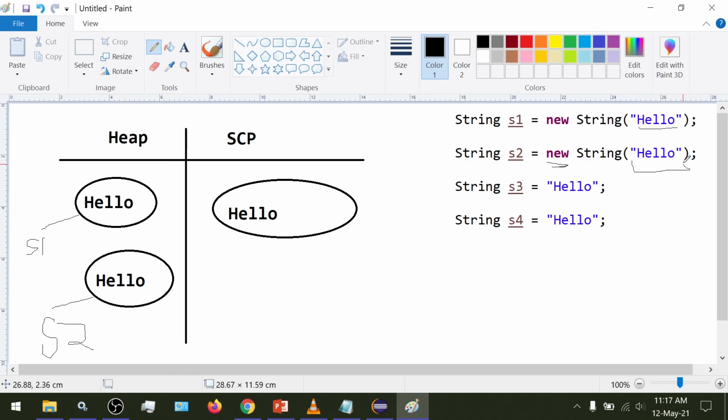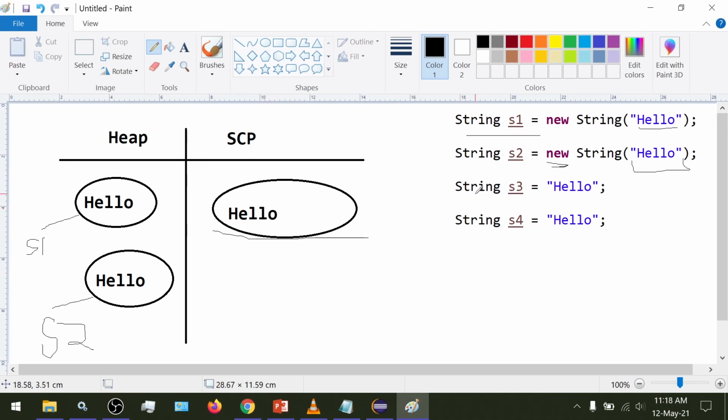And as per the second thumb rule, for every string literal an object would be created inside the SCP. So since this value is a literal, the JVM would go to create an object inside the SCP. But before creating any object inside the SCP, the JVM always checks whether existing objects with the same data exist. If there is any object with the same data, then a new object won't be created. Since from line number 1 we have the object for hello inside the SCP, for line number 2's hello literal, a new object inside the SCP won't be created. So now in total we have three objects, two inside the heap and one inside the SCP.